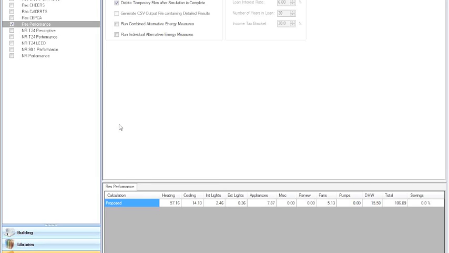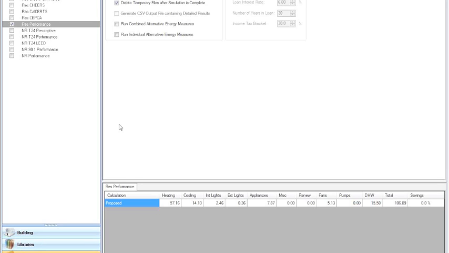Then we would take this home and we would save it as a new file and call it the upgraded home. And then we could go into the building tree and we could start making selective changes to upgrade the home. So that's one way to do it, and you can do pretty much most changes you would ever want to do that way. It's a little bit more complicated to do it that way, but it does give you the ultimate in flexibility. The second way you can do it, which is what I'm going to do right now,